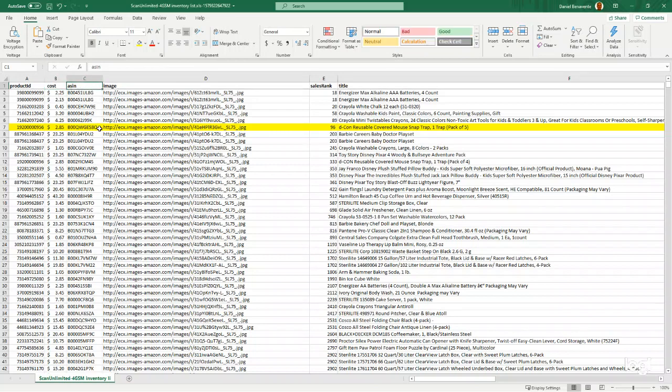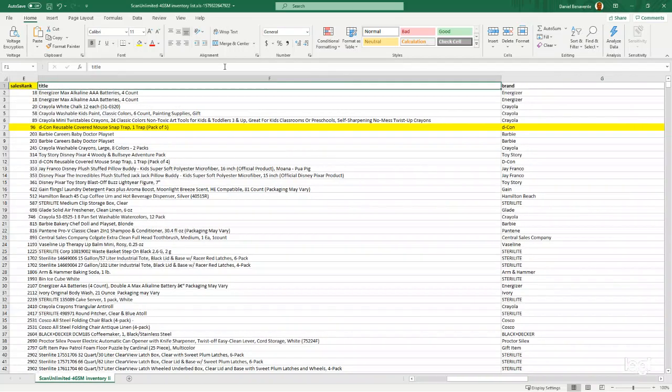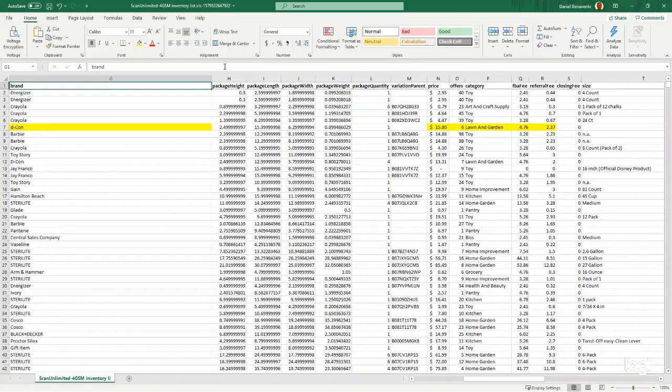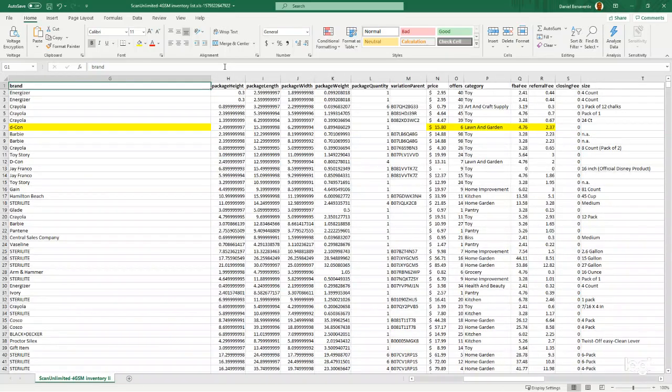And then this is where we start getting into the data that is coming from Amazon. Right here, column C, we're getting the ASIN. This is the product identifier in the Amazon marketplace. Then we're going to get the sales rank, which is basically the BSR. Here's the title of the product, and whether or not the product is branded, that's column G, all the different